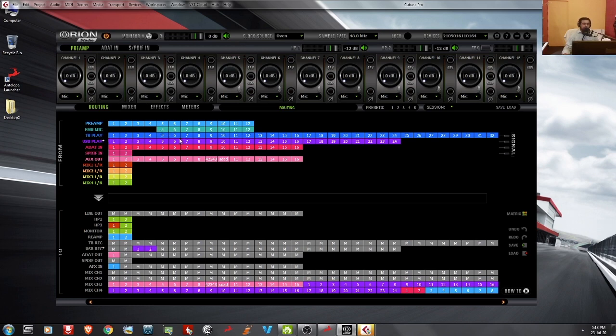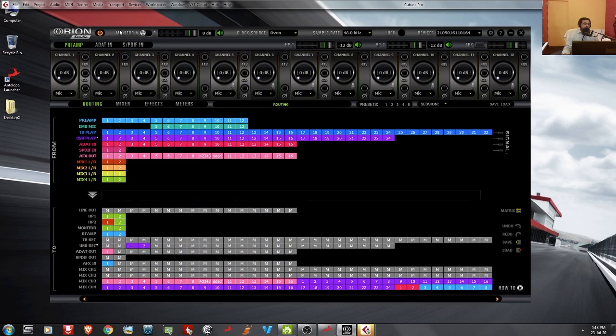So we can't use the emulated mic here. And next is the Thunderbolt Play. We have 32 buses over Thunderbolt and 24 buses over USB. Now USB is connected. So you want to understand the main concept. That is, your DAW can only see these USB play and, in the two options, these USB record channels. So the DAW, that is here Cubase, can't connect with any of the preamps or any of the outputs, any of the ADATs. It can't see any of these physical ins or outs. It can only see this USB play 24 buses and USB record 24 buses.